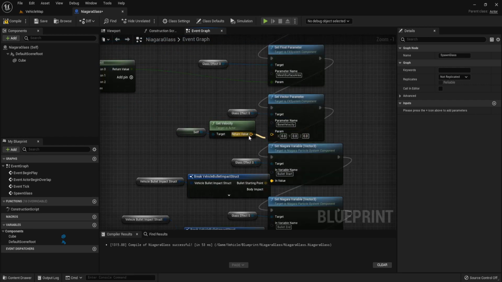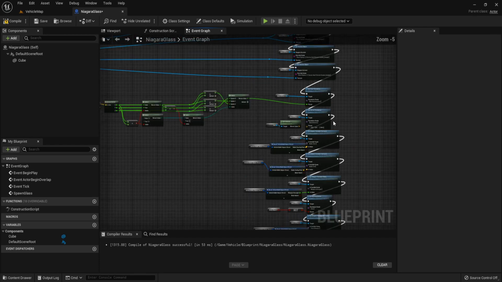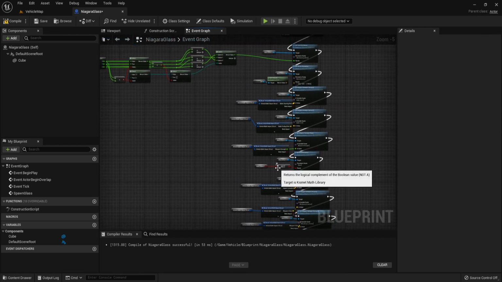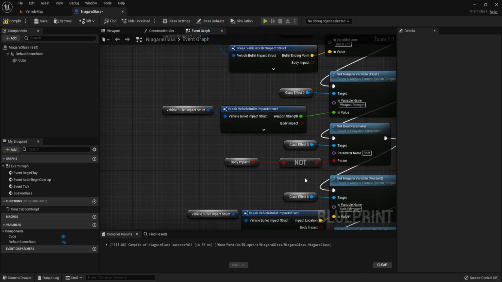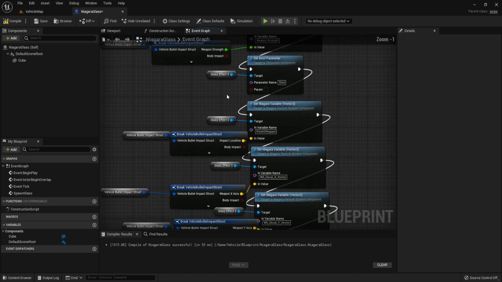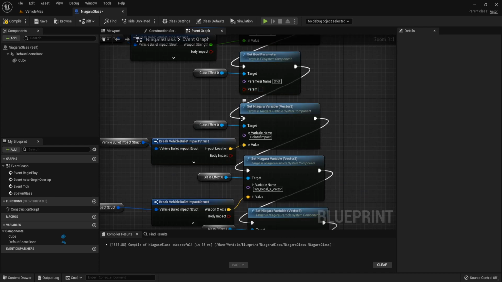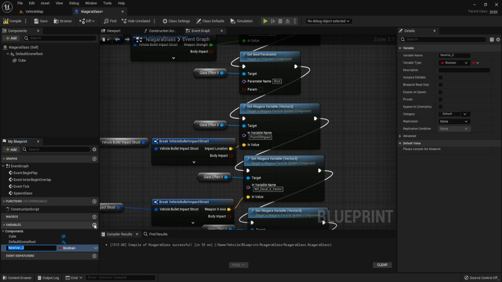And disconnect this velocity and set the Z to 100. Delete this body impact. And the parameter is fall to the shot. Then add variable. The variable name is broken glass effect data asset.